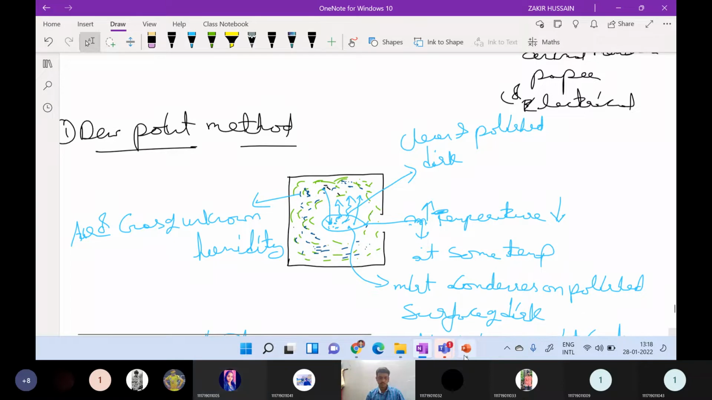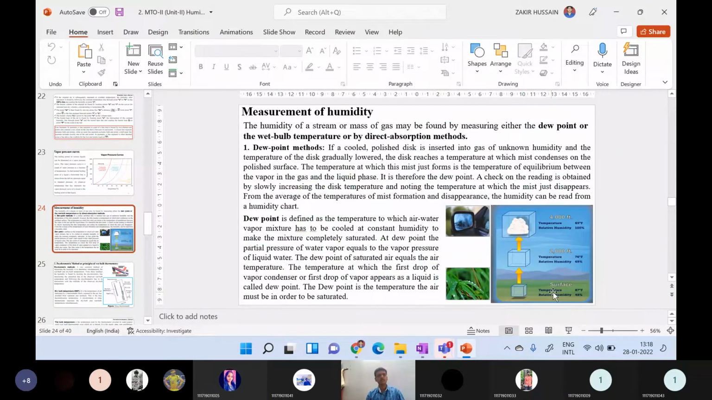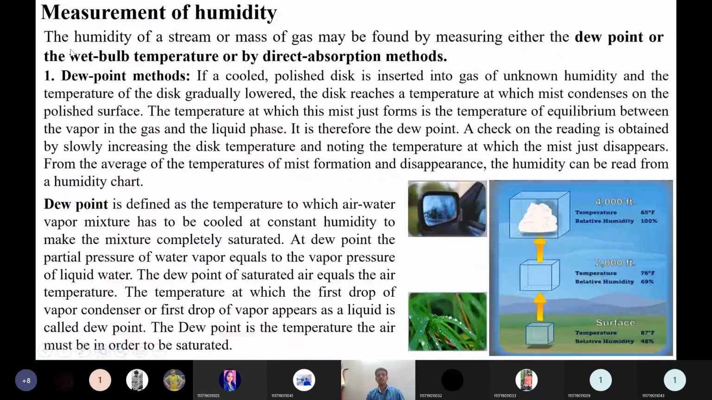Yes, sir. Okay, same I have given here. See, the humidity of a stream or mass of gas may be found by measuring either the dew point or the wet bulb temperature or direct absorption method. Three methods are there, and the dew point method is: